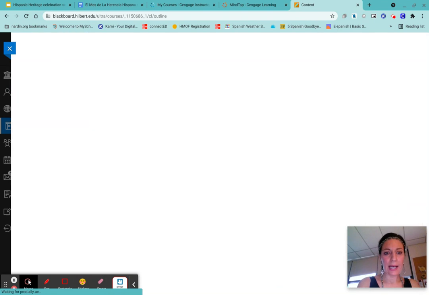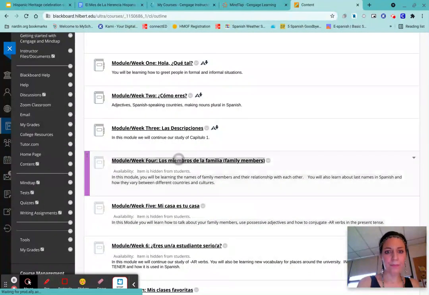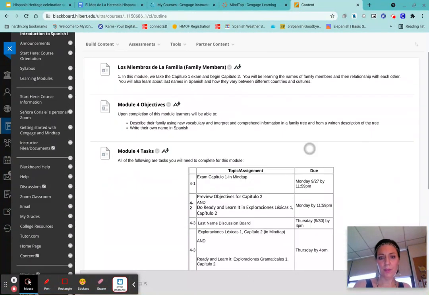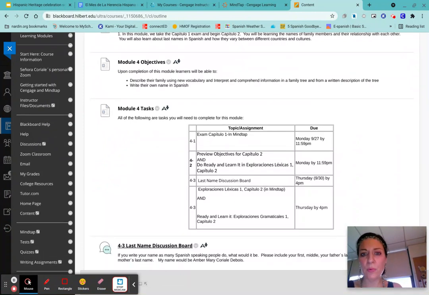But if we just look at our week 4, we also are supposed to be previewing our objectives for Capítulo 2, and you're doing your Ready and Learn It. And that's it. So just for Léxico Uno, you're just getting introduced to that first family vocabulary, and then we'll be working with that in class